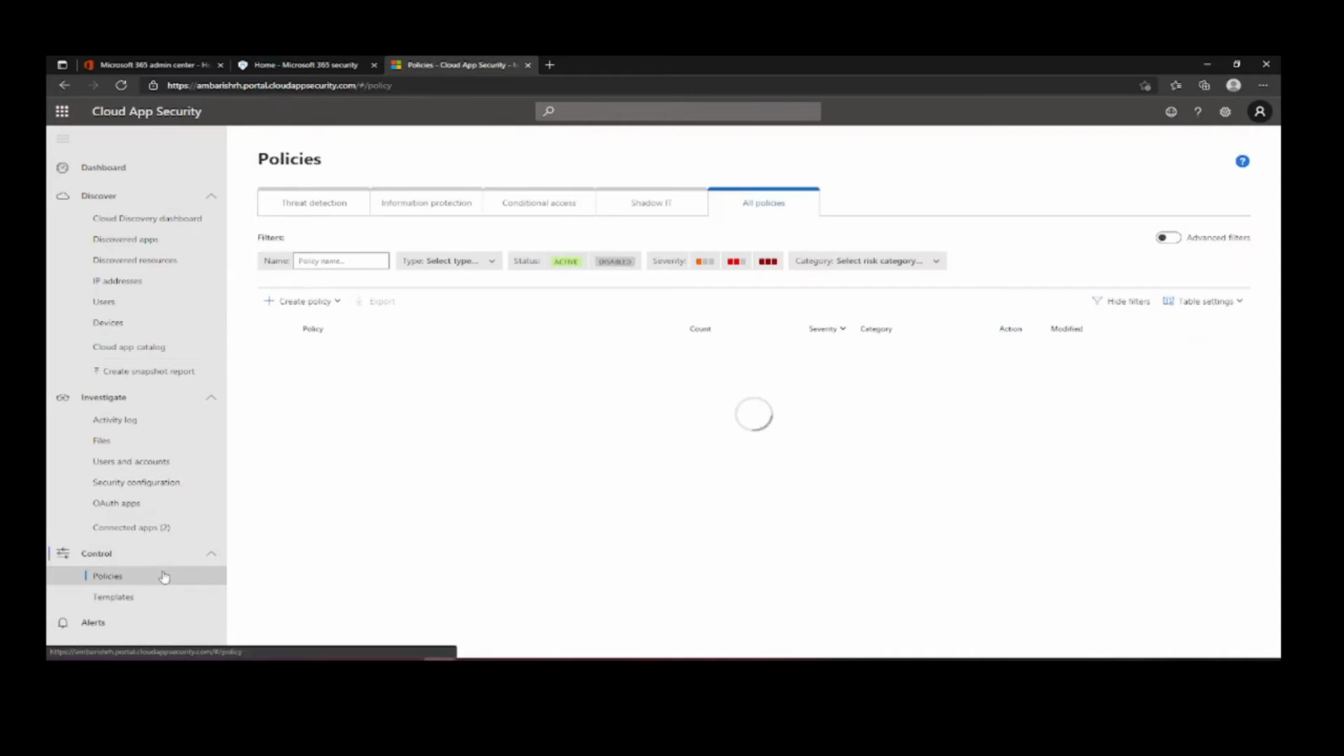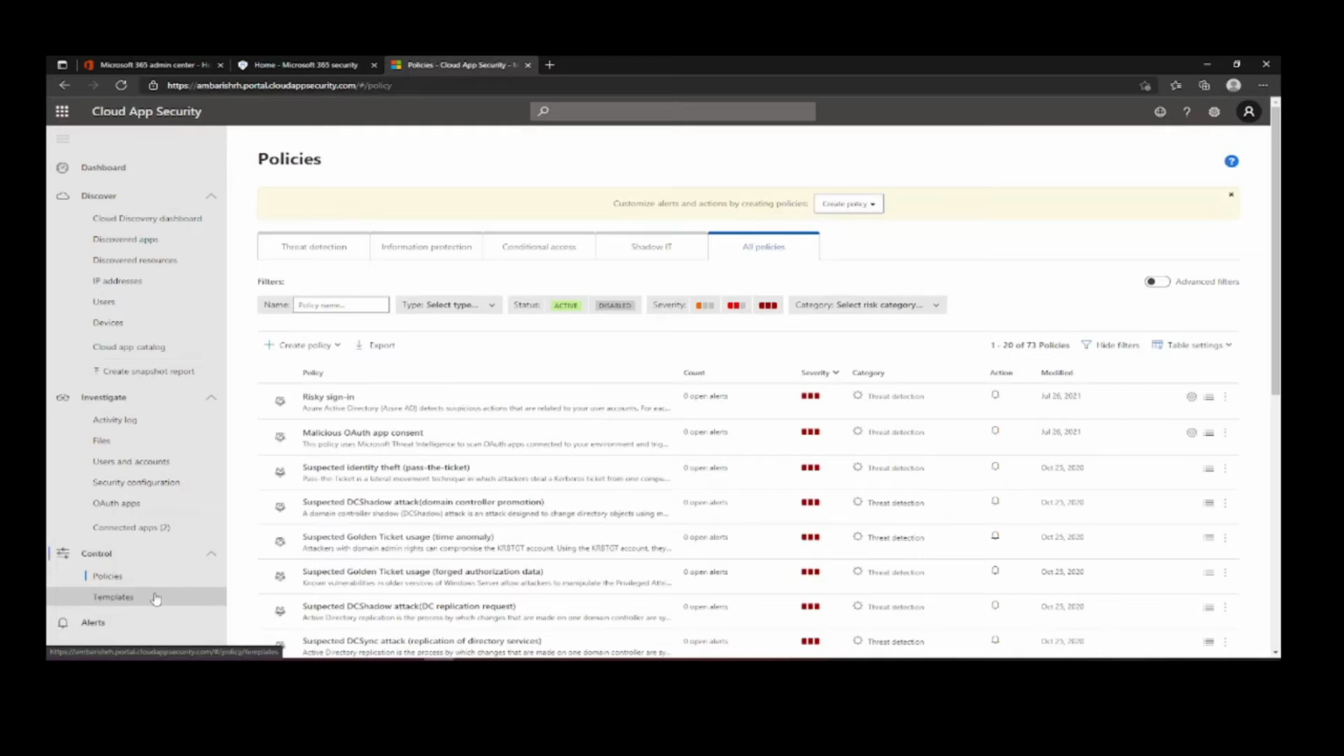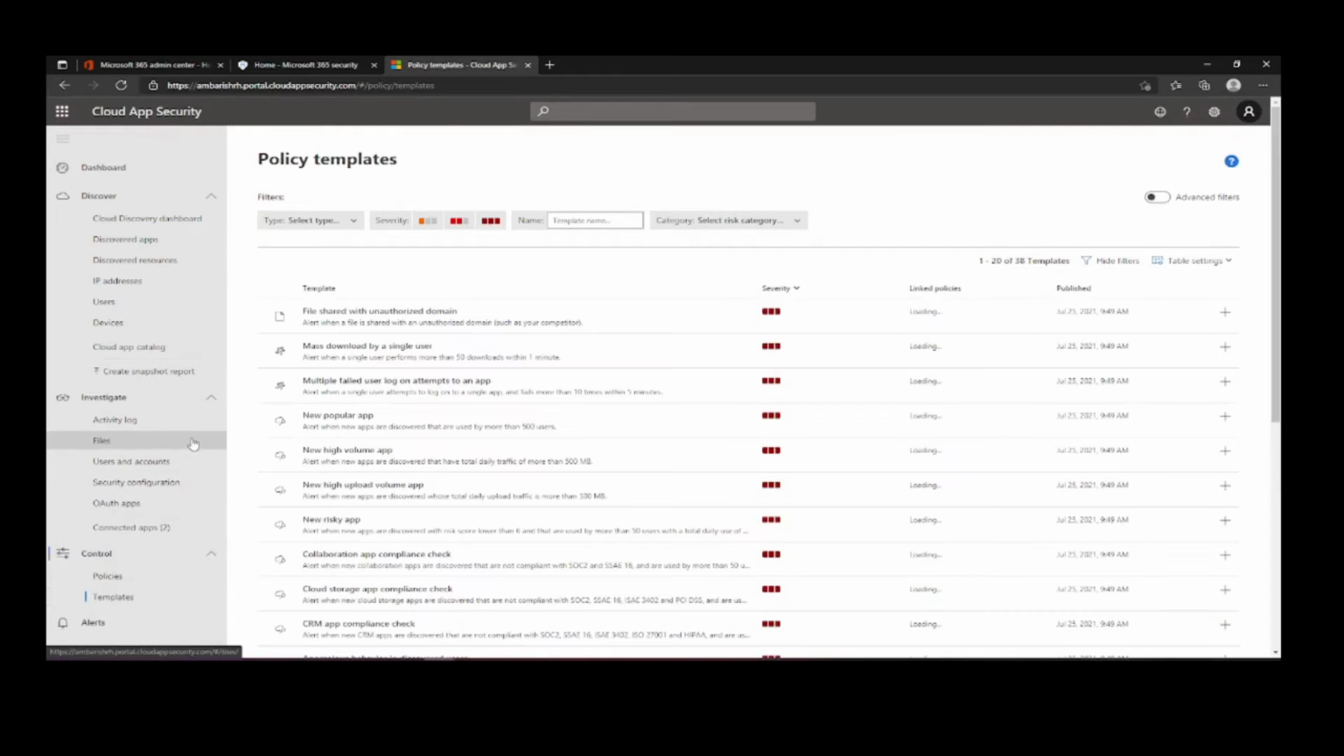Then comes the control, where you have the policies and templates. Let me take you to the templates first. So cloud app security as a start is about discovering to understand the things, and then one amazing feature of cloud app security is to have that total control or total visibility on what's happening within your users and devices. And you can set up custom policies from the templates. For example,